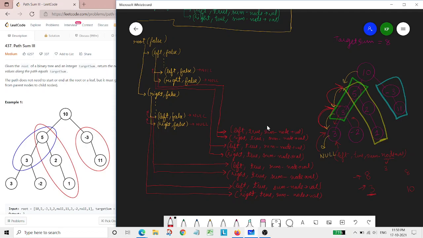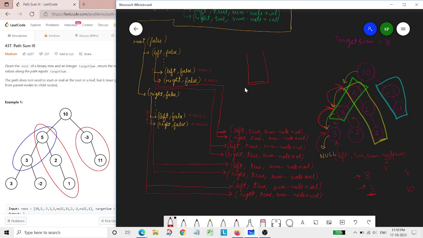Now for the space, how many nodes would be there in the stack? If the tree is a skew tree, here it is not a skew tree.